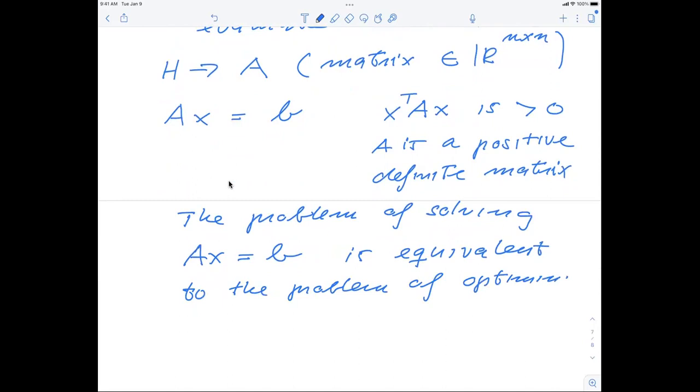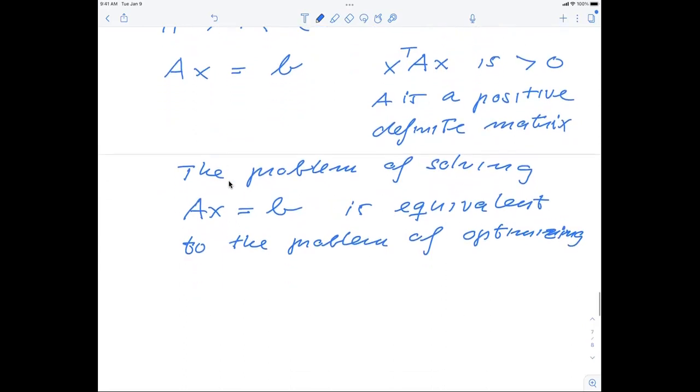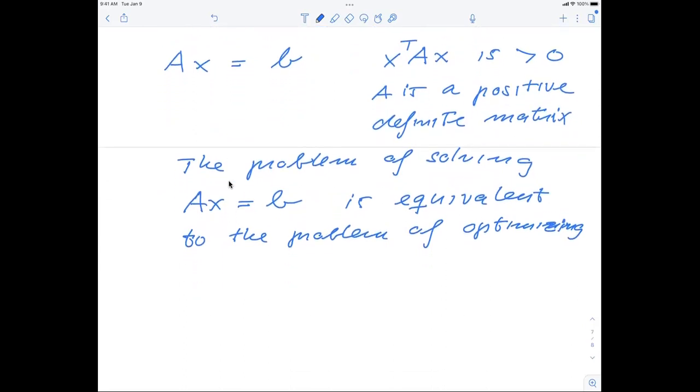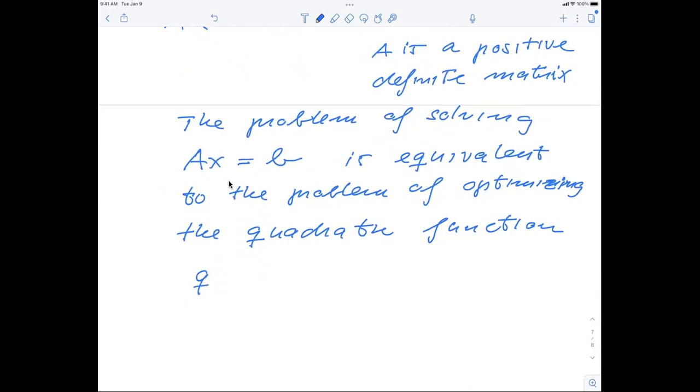When I say optimizing, we are often thinking of minimization or maximization, of optimizing the quadratic function, and I'm going to use a Q to indicate that this is a quadratic function, Q of X,